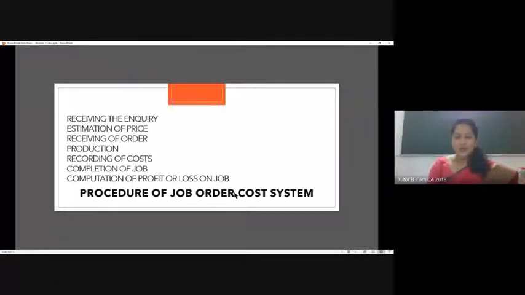That is, our direct material, direct labor, and direct expenses will give us the prime cost. Then we add other expenses, right? And we finally compute the cost of production. And with that, we compare the profit or loss. We compute the total sales revenue, or as we say, the price we quote for the product. Right? That's how it is happening.